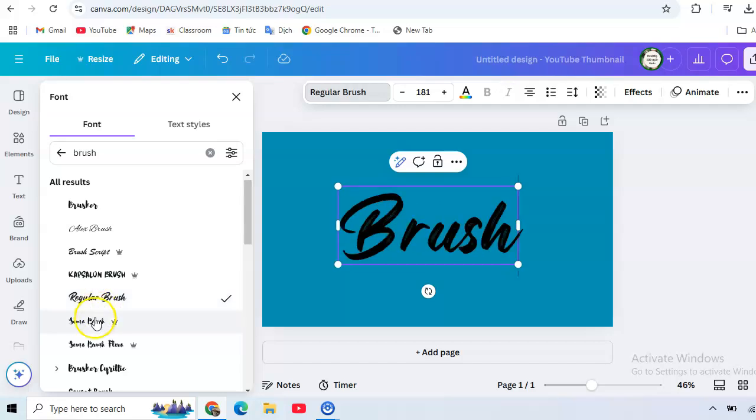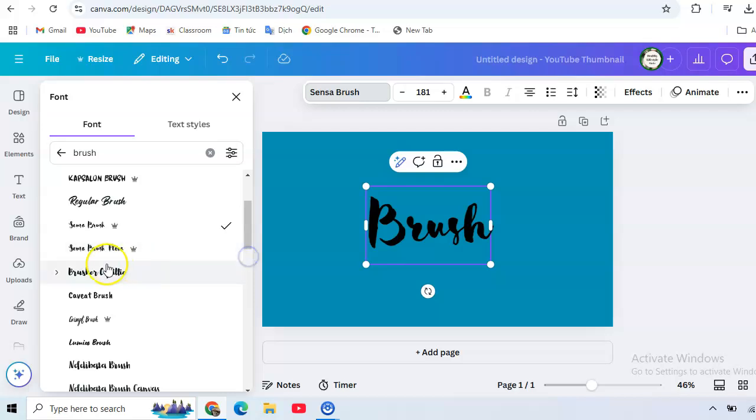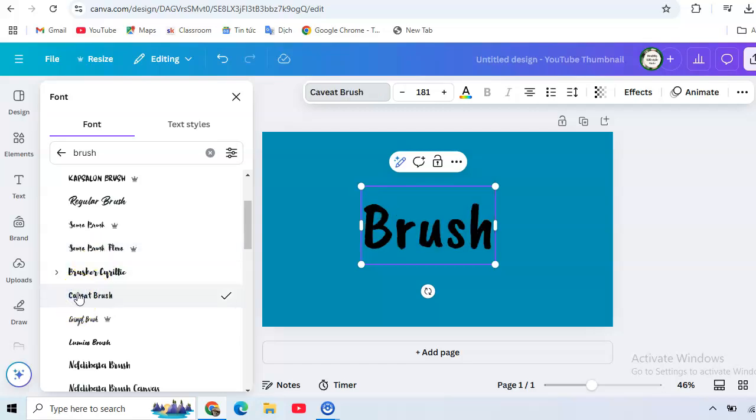Regular brush, here thin, sense brush, and this one sense brush, flora, caveat brush,